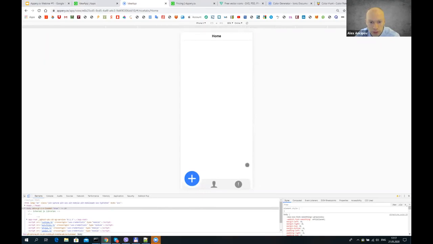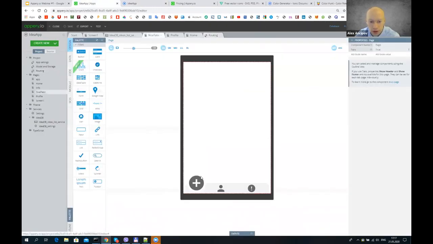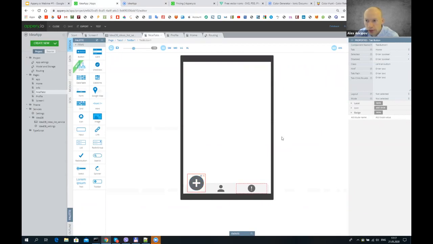So now we see the application with a better UI. At least I think that the UI is better. But what I don't like in this UI is that this big button is not in the middle. So I prefer to see it in the middle. So I will customize everything that is needed. Just select this element, and provide the class central button from this element to this element,